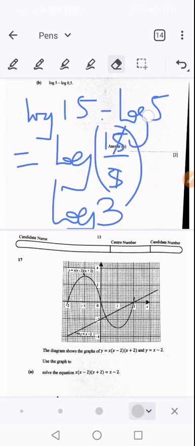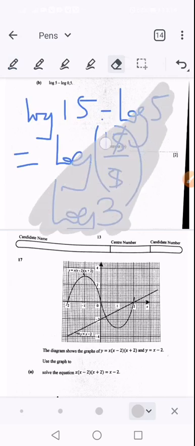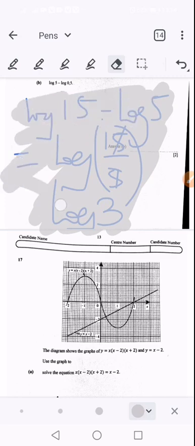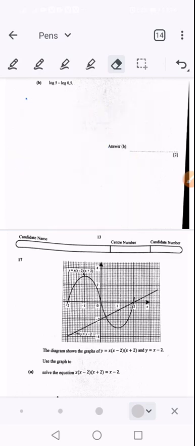So I want you to listen to me as I'm going to break this down. Please don't lose hope. This is not the final examination. Right? We have log